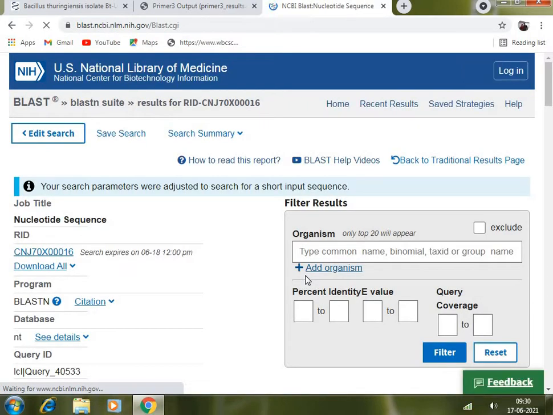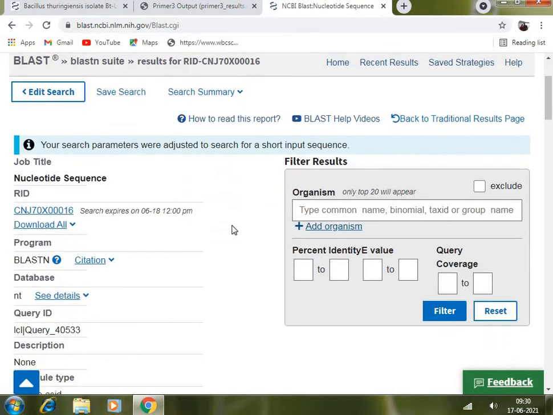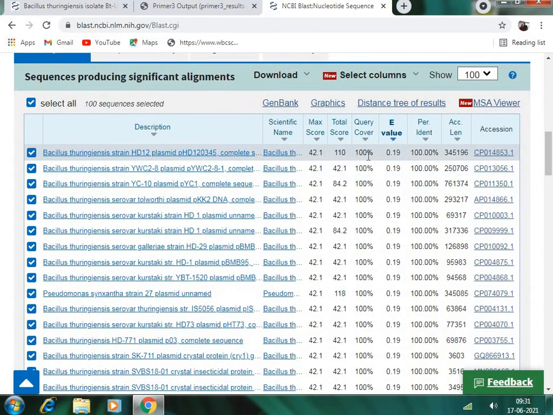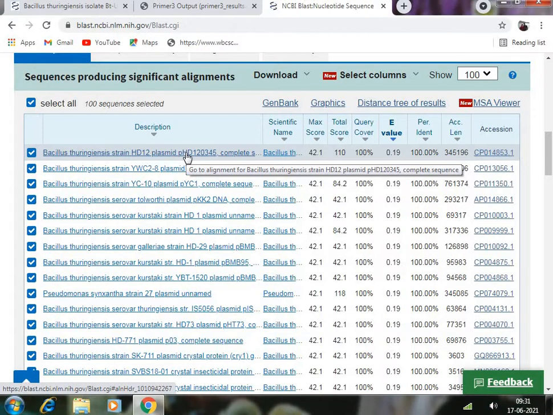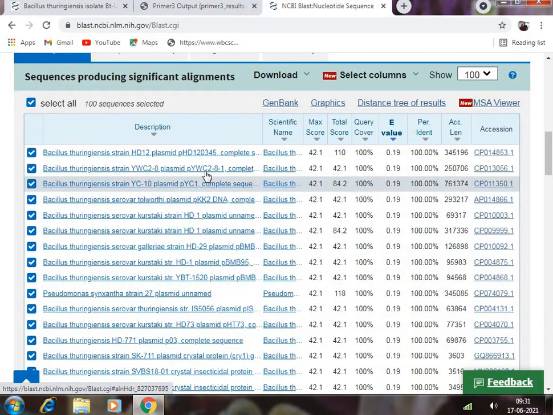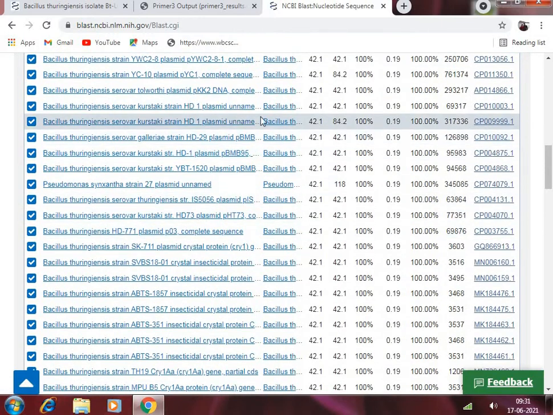After, say, 20 seconds the search has been completed, and you can see this particular primer is 100% similar to the Bacillus thuringiensis HD1 plasmid, or Bacillus thuringiensis plasmid number PY, etc.